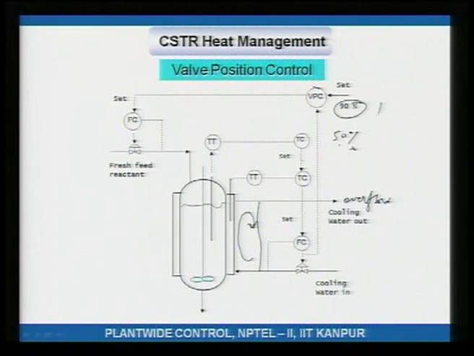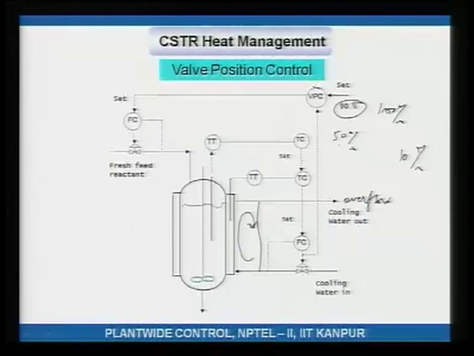You do not hold this at 100% because you want to keep a 10% or maybe 20% margin. Why keep that margin? So that should the temperature increase when this valve is 90% open, I still have that 10% margin to bring the deviating temperature back to set point. Maybe for a reactor this should be probably 80%. All right. So, this is how it is ensured that you are processing as much feed as you can without compromising on tight reactor temperature control.